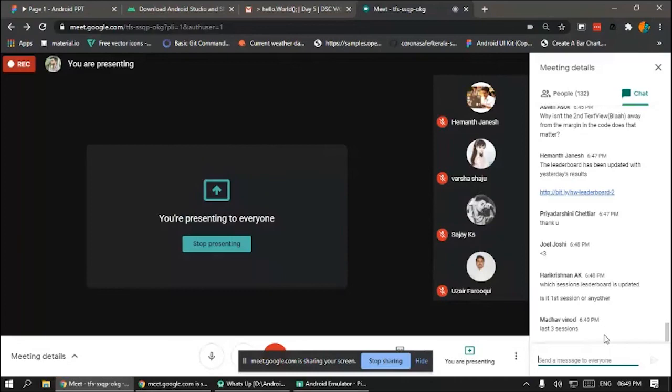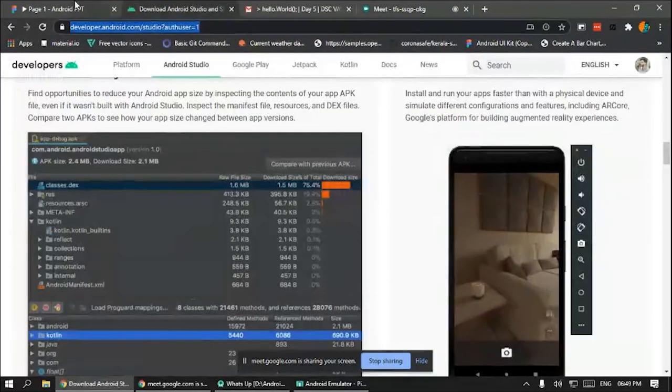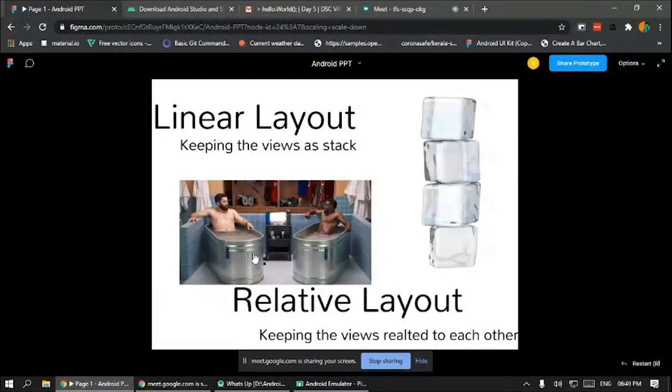So as you can see, we can ask a view to sit in one corner or go to another corner. Like that is this relative layout. So one guy is sitting to the left, one guy is sitting to the right. There is a small distance between them. Let's implement that.